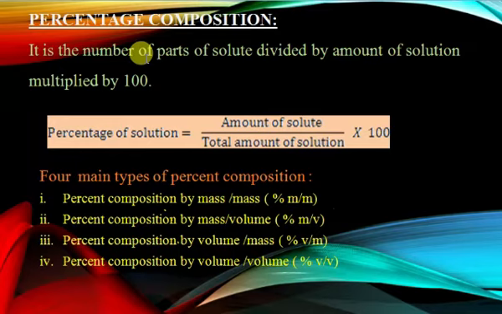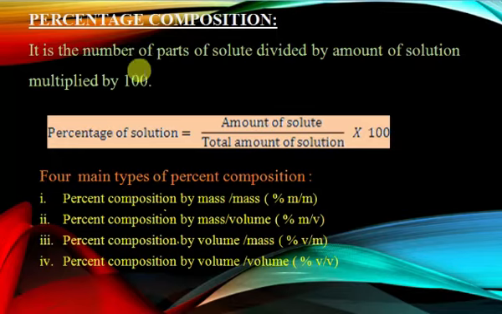So percentage composition is the first method for the representation of a solution. The word percent means 100. We can define percentage composition as the number of parts of solute divided by the amount of solution, multiplied by 100. It is just like if someone gives an exam and takes 450 marks out of a total of 600 marks, how will you find the percentage of his marks? It is quite simple. We divide his marks by the total marks and then multiply by 100. So when 450 is divided by 600 and multiplied by 100, the value is 75%. He took 450 marks out of 600, so this 75% shows that he got 75 marks per 100.